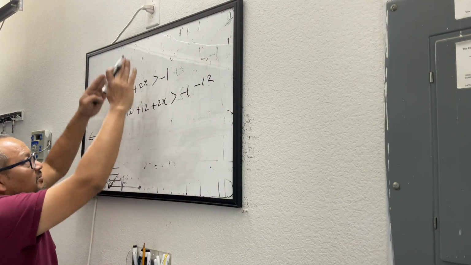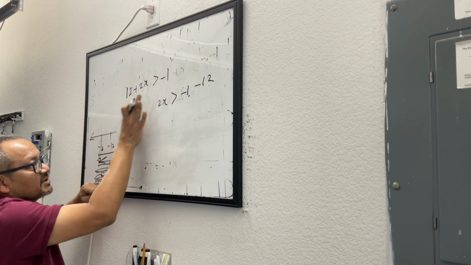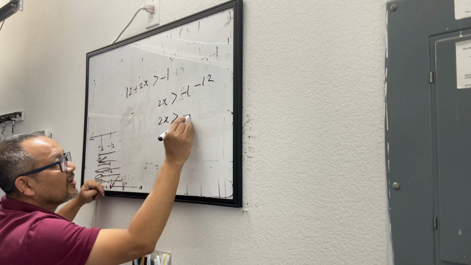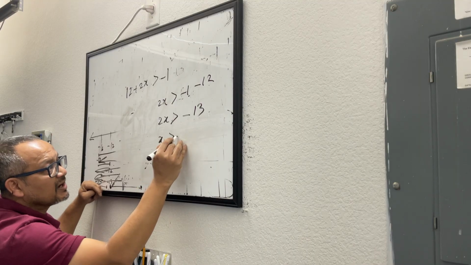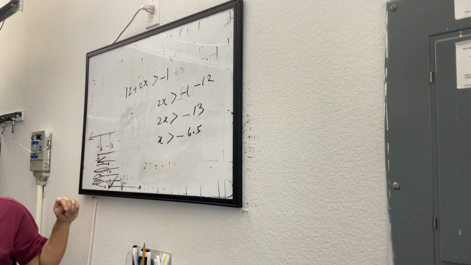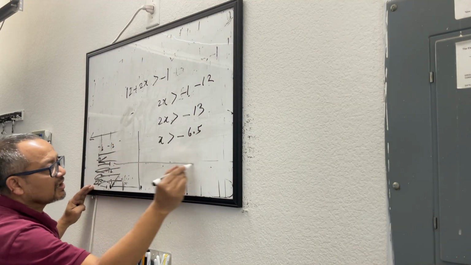So by doing this, ultimately you come to a point like this: 2x is greater than minus 13. That means x is greater than minus 6.5. 13 by 2 is 6.5. Now, how do I relate this? If I have a number line,